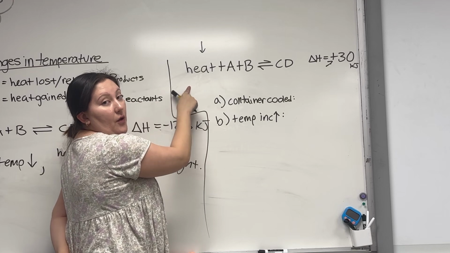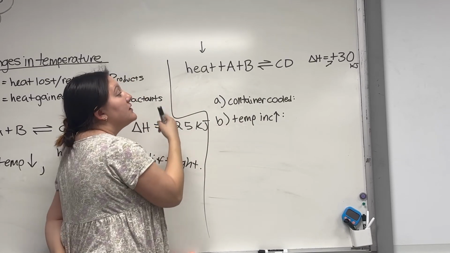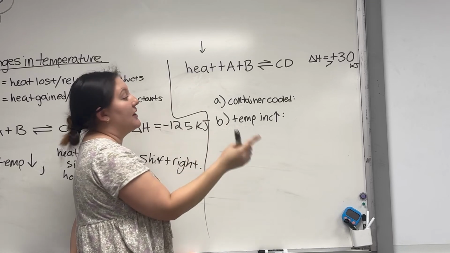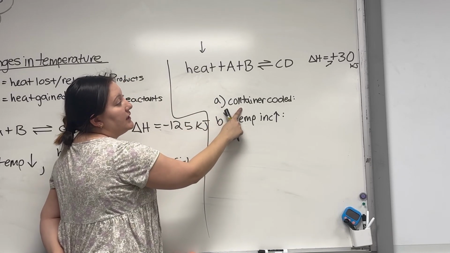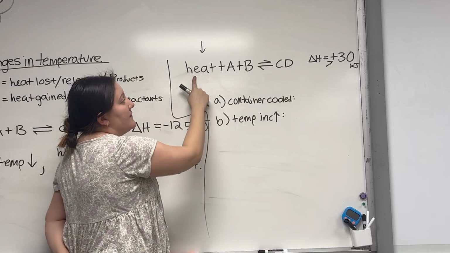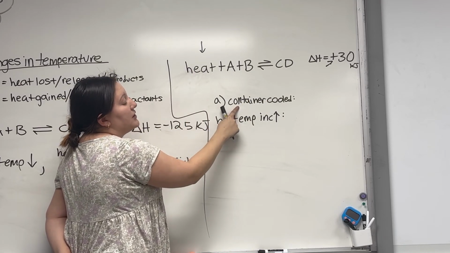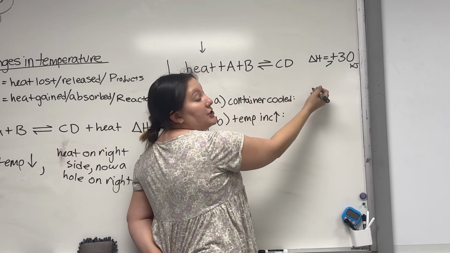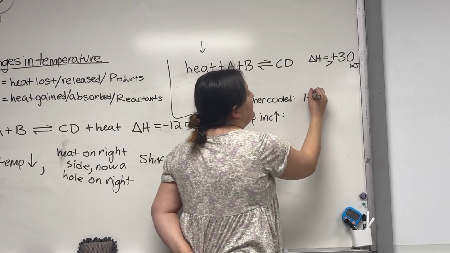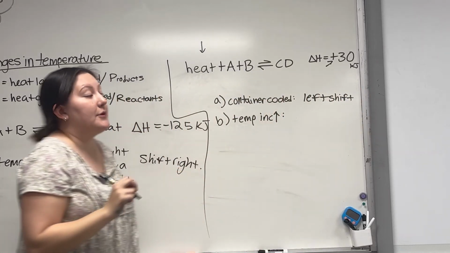That means there's now going to be a hole there. That means my reaction is going to shift to the left towards that change so that we can produce more heat to balance out the heat I'm taking away when I cool the container. So because again, we're cooling the container, we know this is endothermic, we know the heat is on the reactant side on the left here. I'm going to cool the container, I'm going to take away this heat. That means that the reaction will go to the left in order to balance it out.